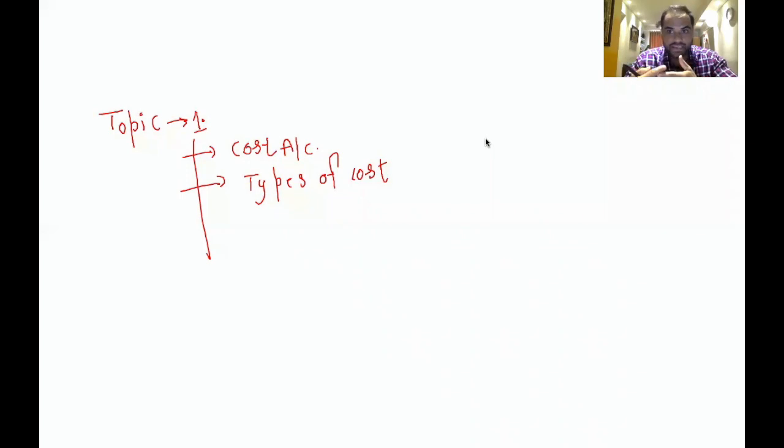Another example, I can ask you depreciation on machine. What type of cost is it? Is it fixed cost? Is it variable cost? Is it step cost? Is it semi-variable cost? All right. Another example I can ask you is the cost of supervision, supervisor cost. Is it fixed cost? Is it variable cost? Is it semi-variable cost? Or is it step cost? The right answer is step cost.